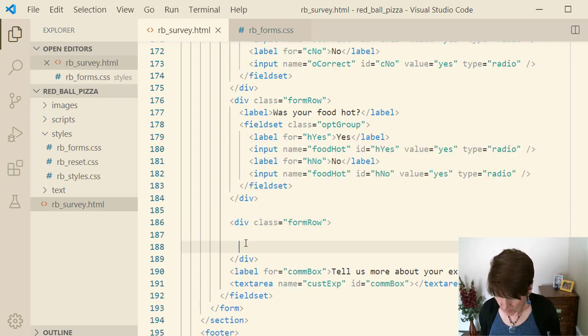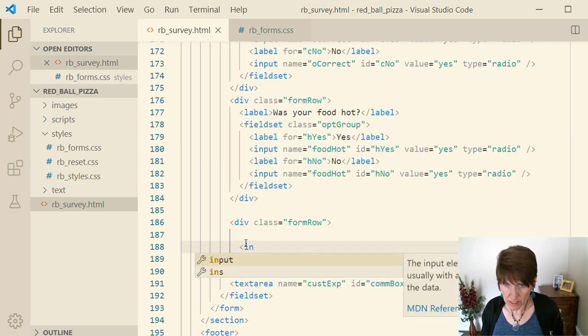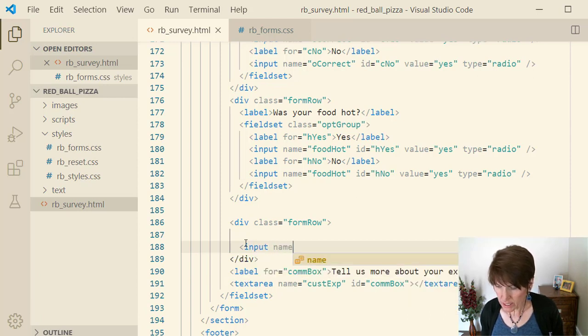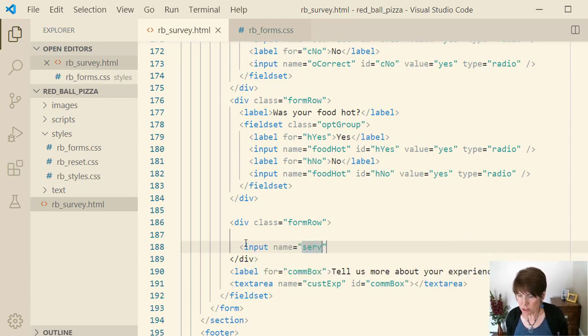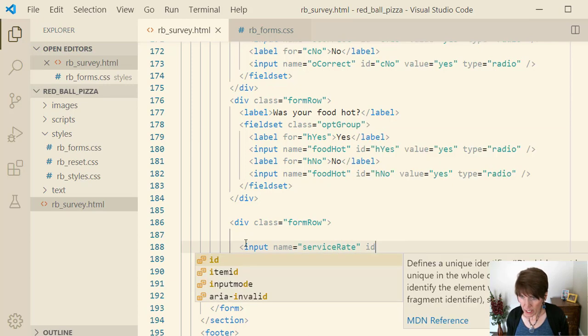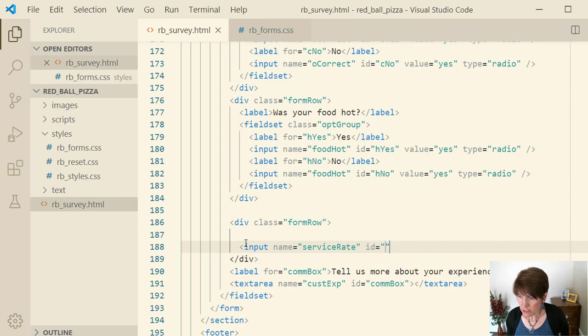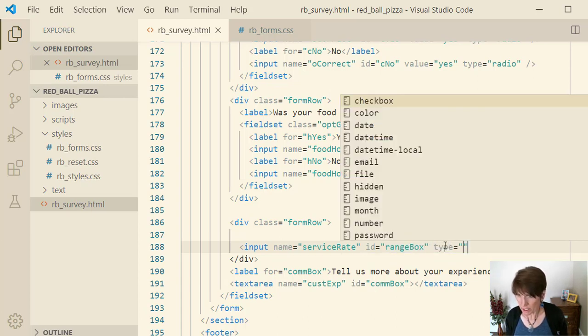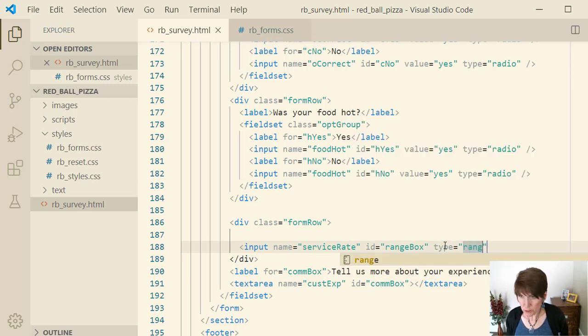And so the input element starts with the things we've been doing so far. It has a name, which is service rate. And then it has an ID, which is range box. And now the type is the new part. This is the one we haven't used yet. So the type is range. Okay, and that is the input, and we're going to go ahead and add a label on this